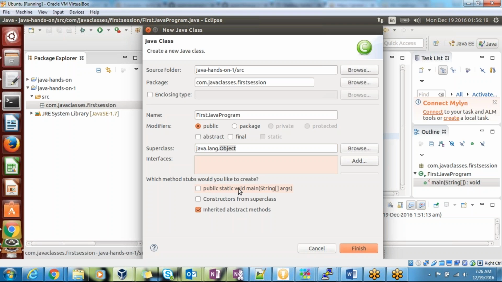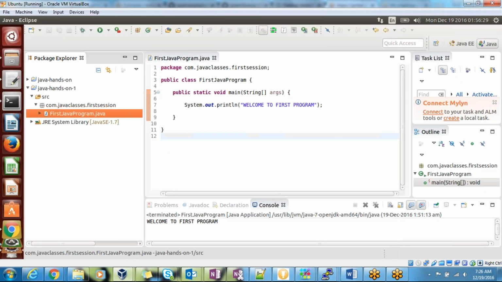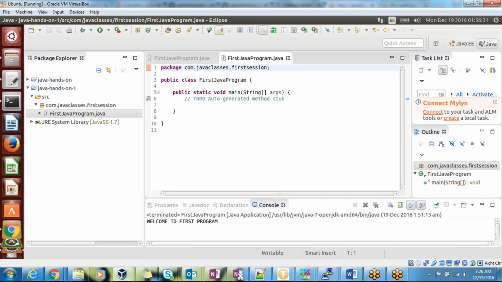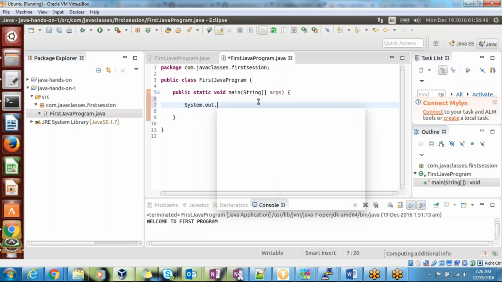Because you need a main method to execute, you need to select the main method option from the tool. Then say Finish. When I say Finish, it will create the skeleton like this. Then to print something in the console, we will use System.out.println